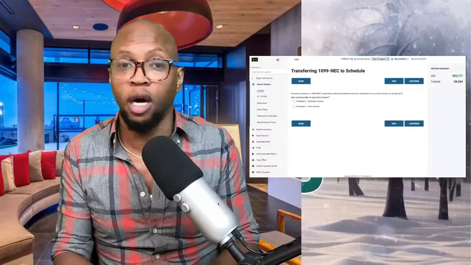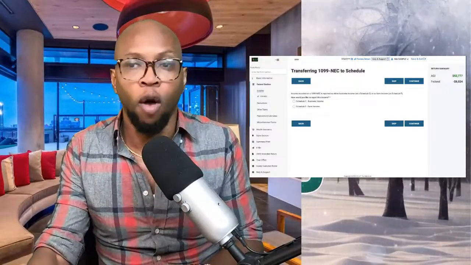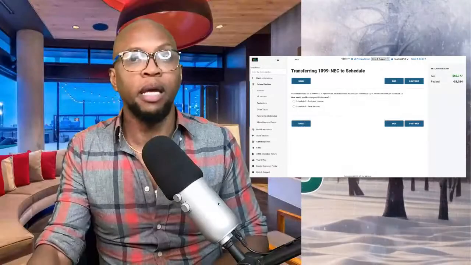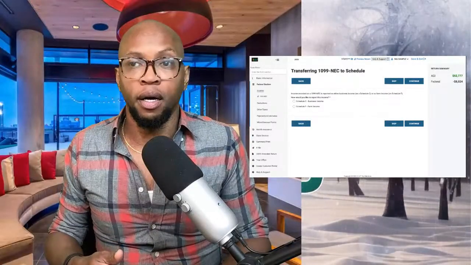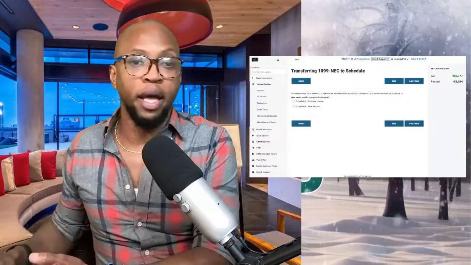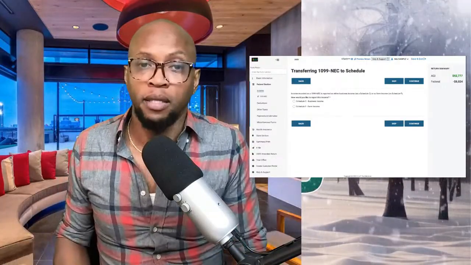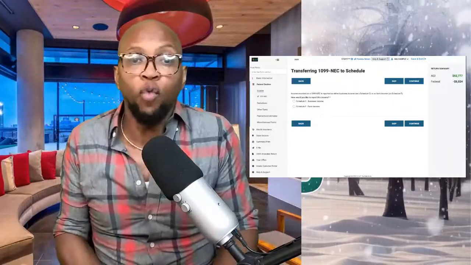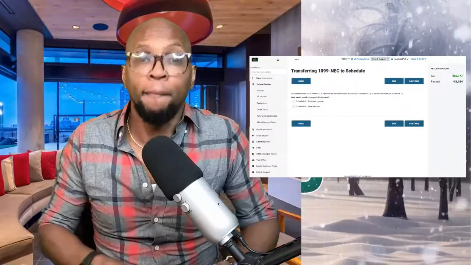You always want to aim to retrieve documented income in all cases, however that may be. The best forms come with the form number on it, such as W-2 or 1099. Sometimes it can be a QuickBooks statement that shows the overall income. Sometimes it could be the bank statement. Sometimes it could be your Cash App all added up, things of that sort. But documented proof is always going to be a much better